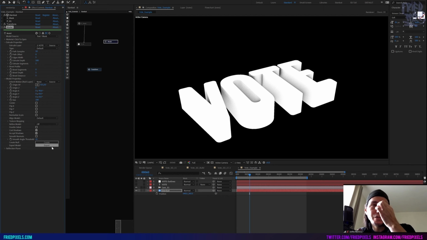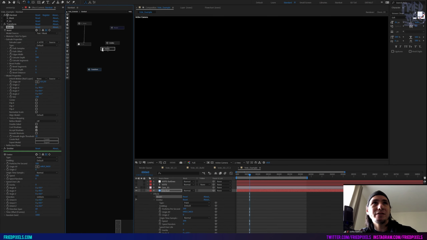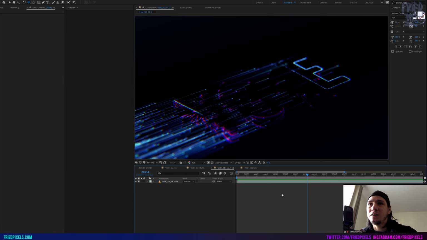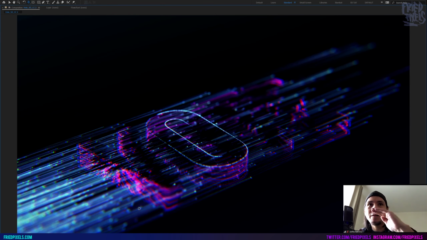And then a cool new feature in Stardust 1.5 is that you can export this. So I'm going to export this to my project folder, and I'm going to call it vote text 01. And then I'm going to turn this off because we no longer need that. And then the next thing I'm going to do is create another emitter. And so this one is going to be our second emitter, which is this stream of particles that are coming in from the left of frame and then going right.